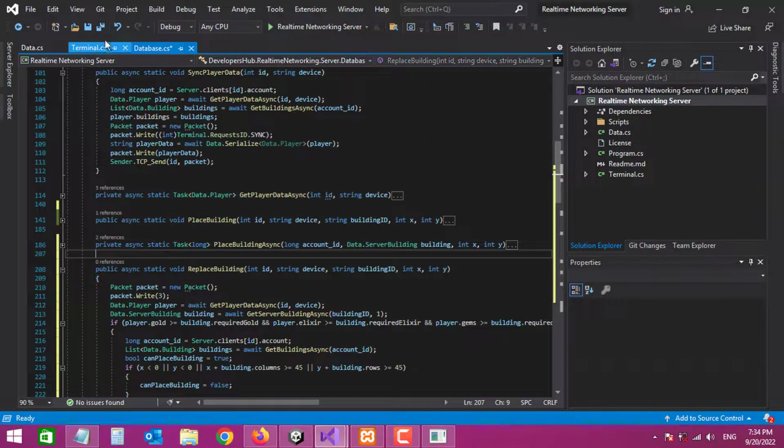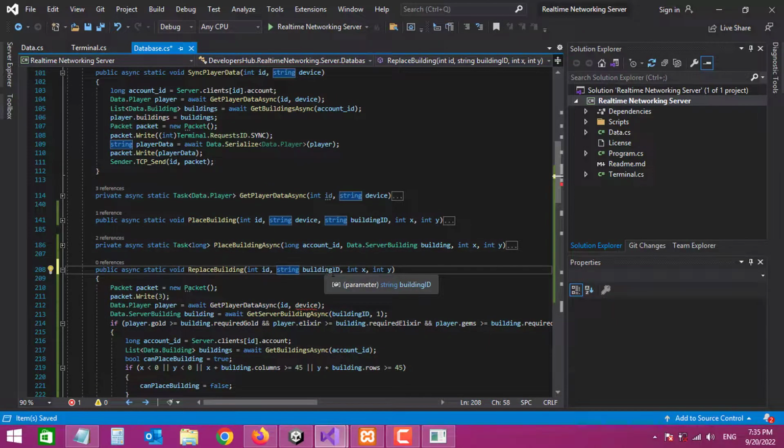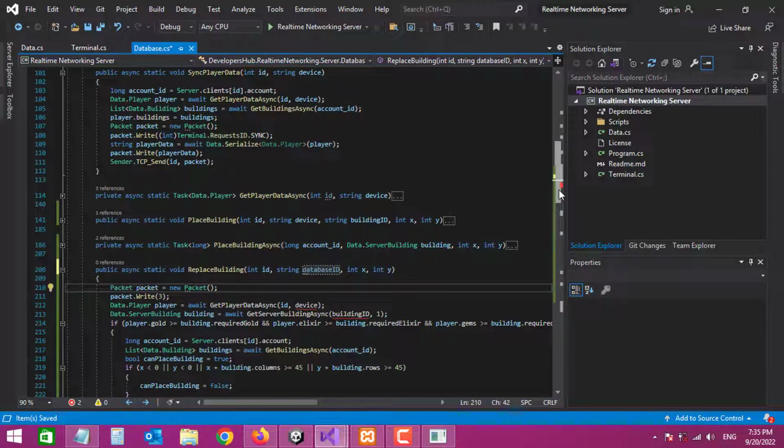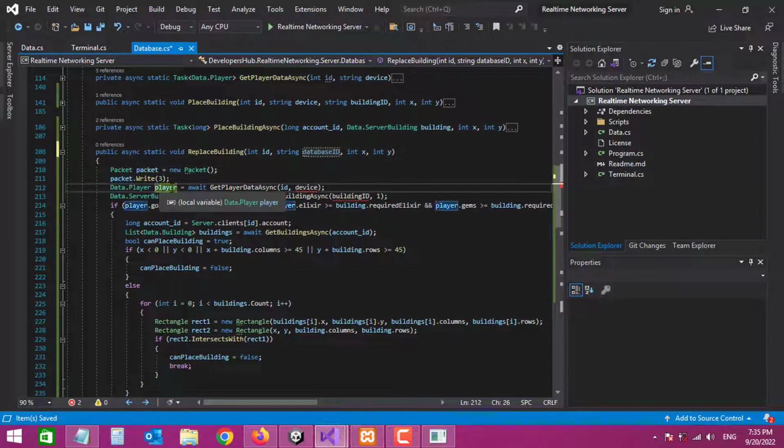So let's go here. I don't pass the device anymore. This is going to be the building database ID. We're just going to say database ID, and these are the X and Y coordinates that we want to move the building to. So let's create a packet to give a response, and we're going to get the player data,